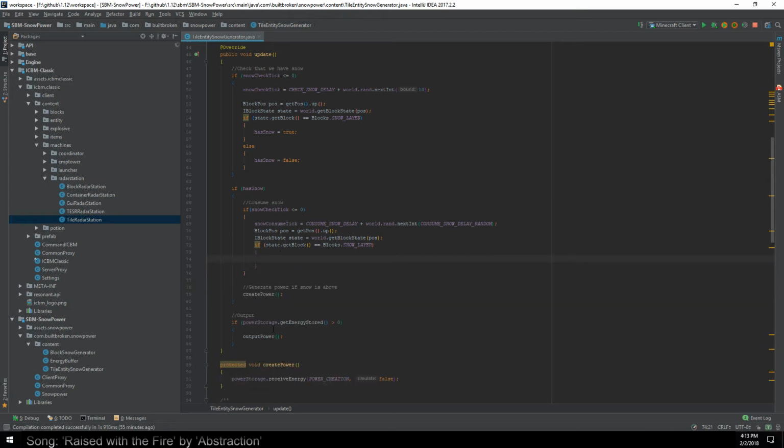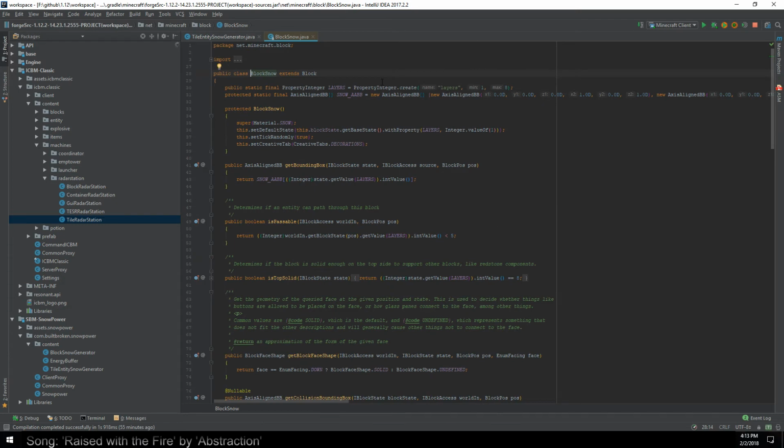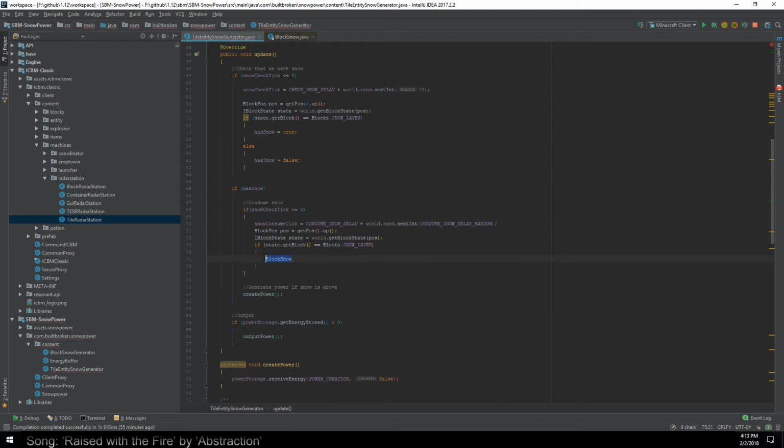What we want to do is get the state of the layer. I'm going to type in the actual class file, BlockSnow. And there is a property up here called layers, which is going to be between 1 to 8. So we'll be able to get a number here. So this will be an integer, so this will be int layers equals